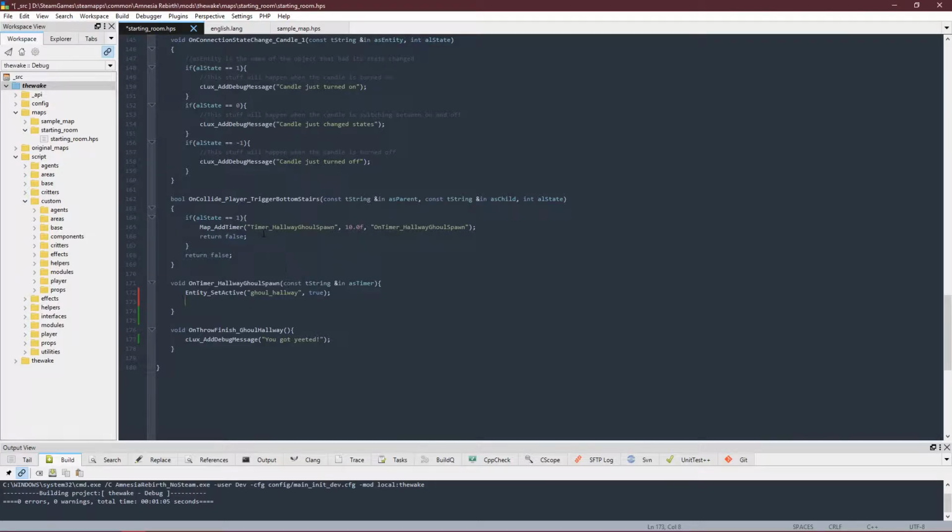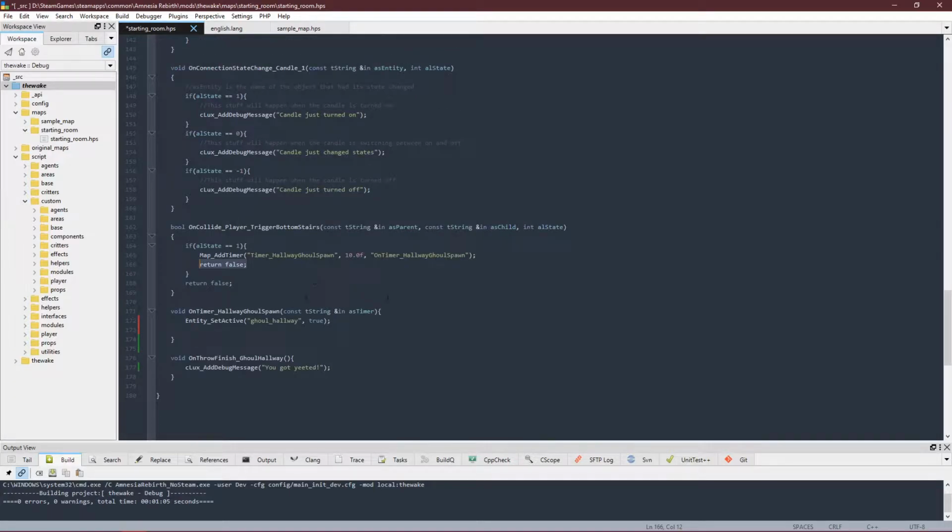And yeah, we return false here just to have this only trigger once. We don't want to create this timer more than once. So by returning false here, we're saying we only want this to run once. Yeah, so now that I've explained all of that, we can talk a bit about the timer now, about the